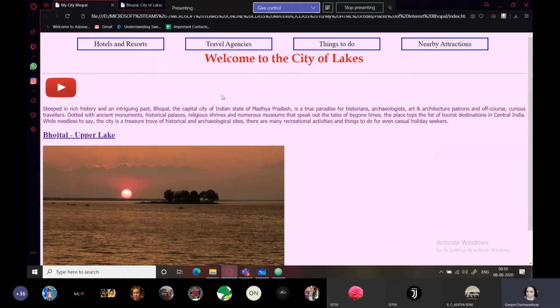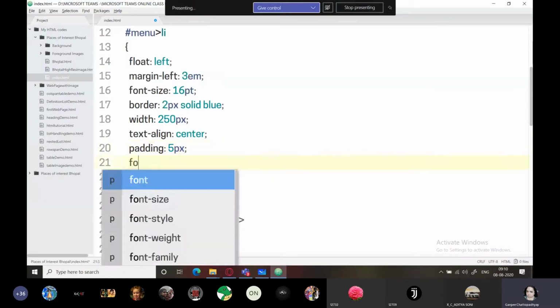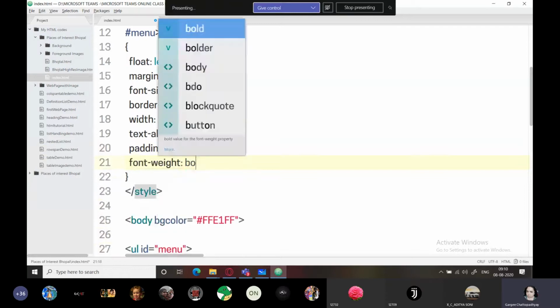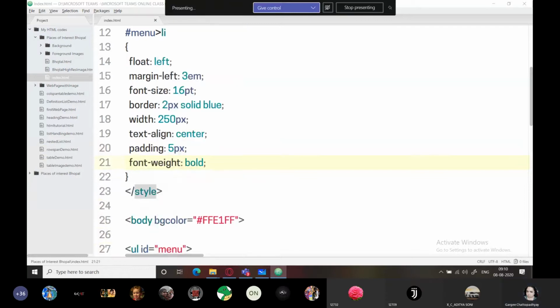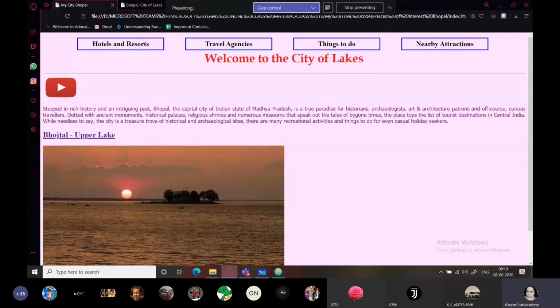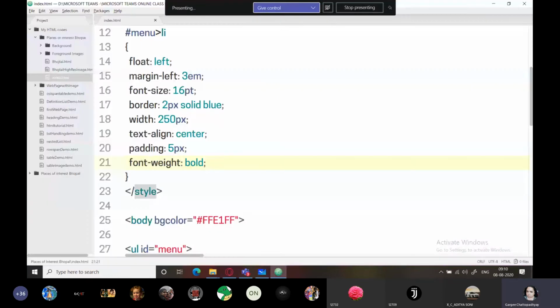Okay, now you might be wondering that this side is already very wide. That is firstly because I have already specified a width, a maximum width for all these menu items, and on top of that I added 5 pixels. So that's why this area would look a little wider as compared to the vertical areas. Okay, I will also give font weight as bold. Okay, I hope everybody has understood at least this much.